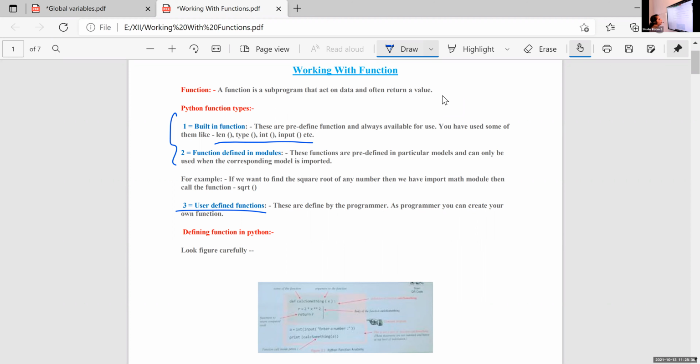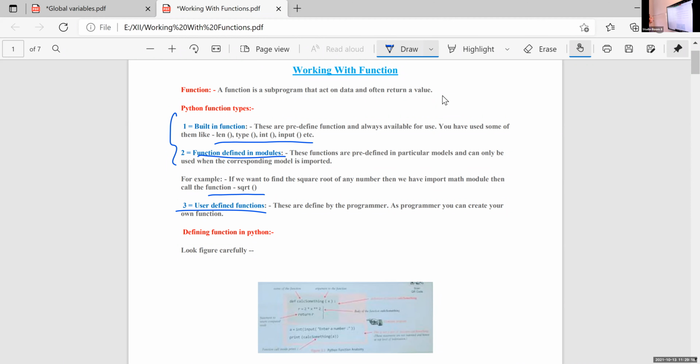What is the use of id, Diya? id? Get the ID number of variable. That is id number means? The place where some variable is stored. That is the address of that variable. Okay, id means it is the memory location or address of that variable. So type is a function used to display the type of that variable, and id is used to display the memory address or memory location of that variable. Then function defined under module means it is just under random or under math.